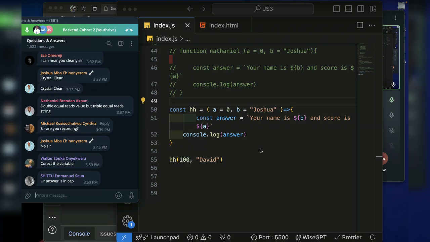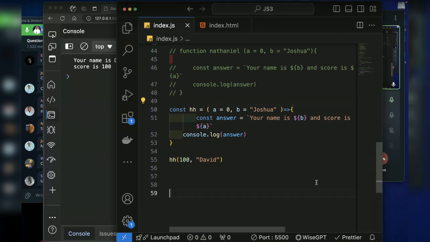Now, in this case, you see that we already set the default value as 0, and the default value here as Joshua, and we are calling the variables inside the function. But when we are calling the function, we pass in new variables. So if you pass in the complete number of variables that it is expecting, it will ignore all the default variables. But let's say you pass in half,